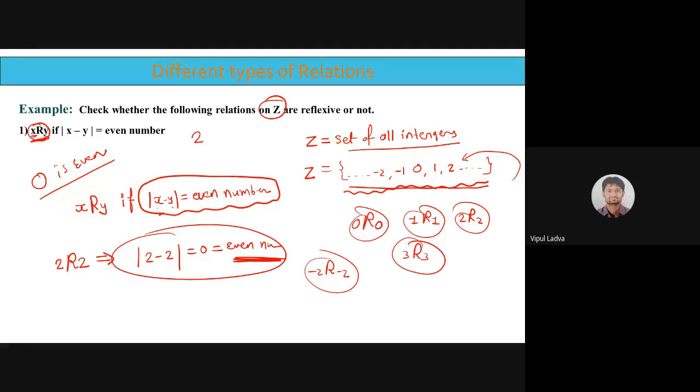We know that 2 is even, is it? We know that 2 is even, 4 is even, 6 is even, 8, 10, all these are even numbers, because all these are divisible by 2. Is this the logic? Yes, sir. All such numbers that are divisible by 2 are known as even numbers. 1, 3, 5, 7, all these are odd numbers.